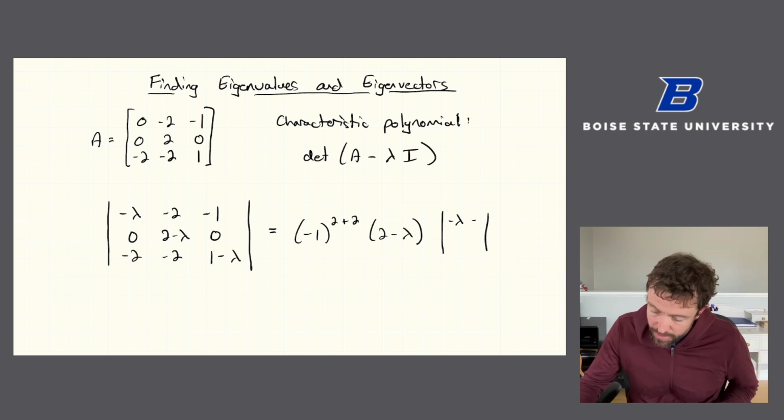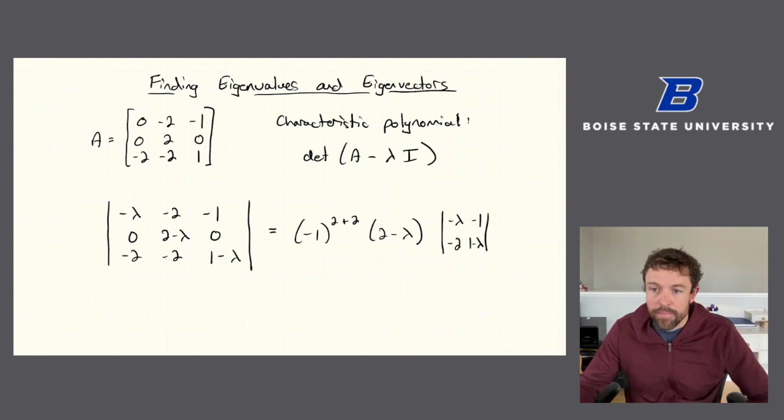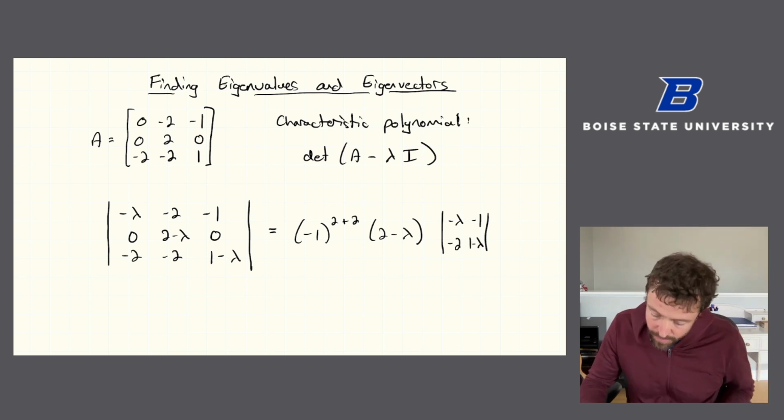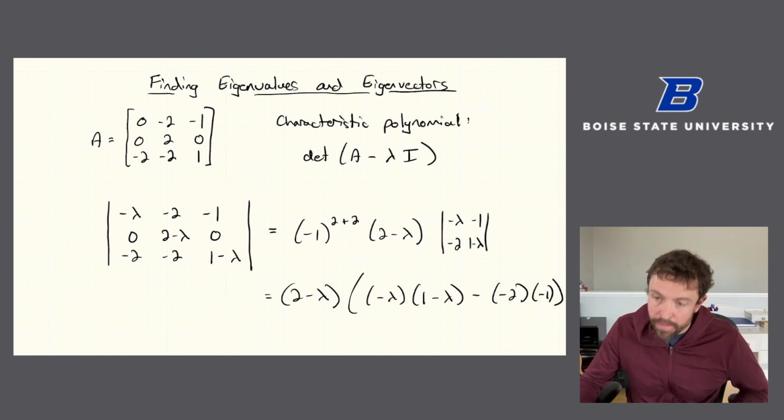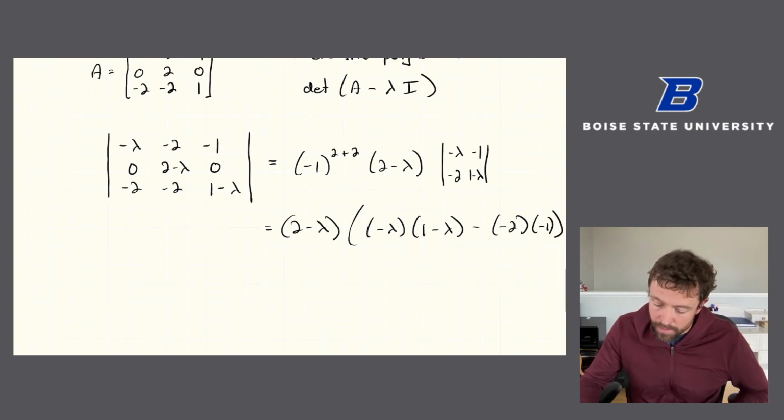So minus lambda, minus 1, minus 2, 1 minus lambda. So that whole -1 term disappears. We just get a 1. And then we can calculate this determinant using the formula. And if we distribute this out,